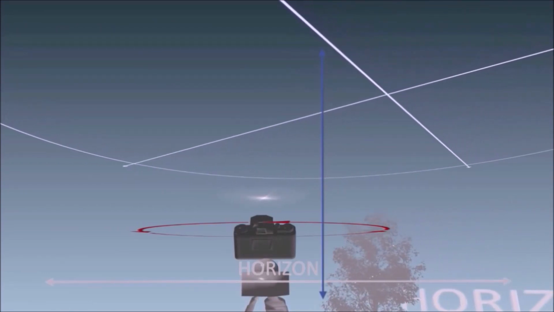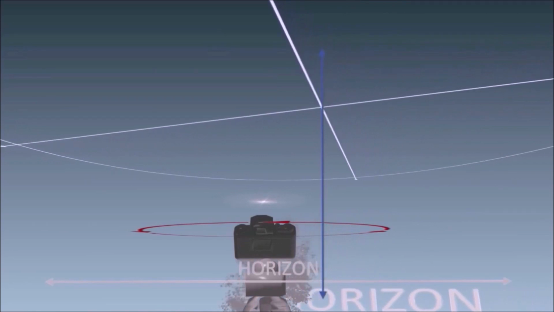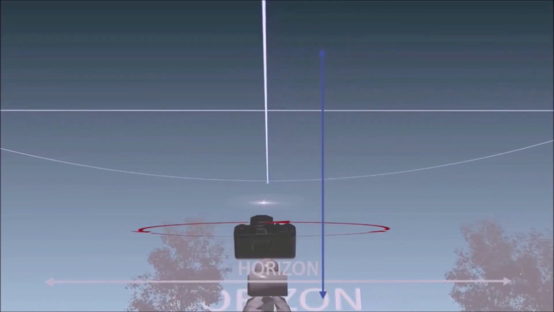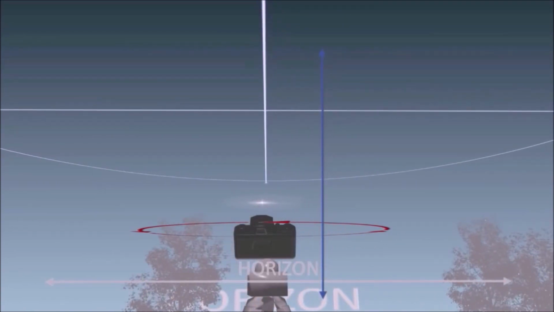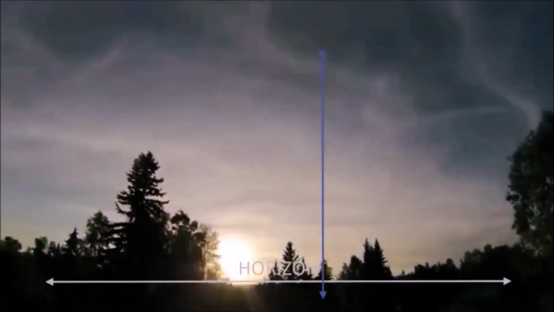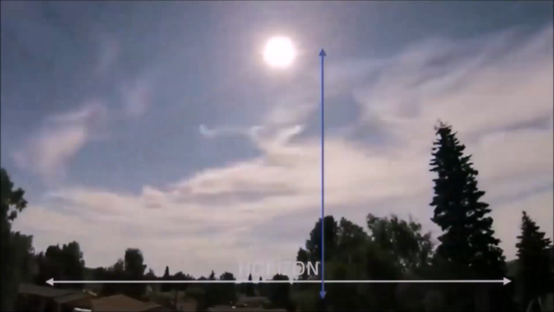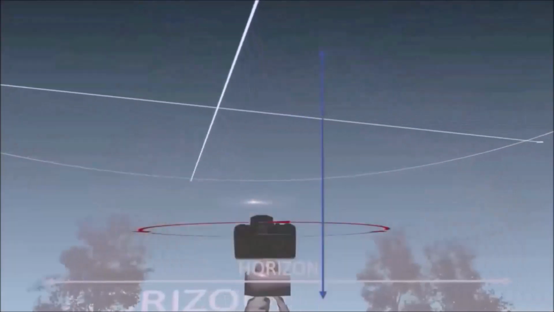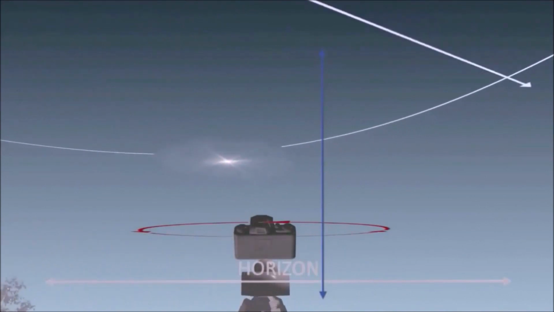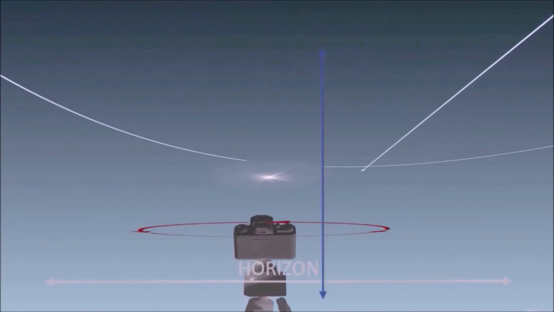The horizon is constant in front of the camera and the trees are always vertical. So if we speed it up, let's have a look, compare it. Horizon, vertical trees, the sun moves up above the trees, now back down again. So at this point he's facing the opposite direction, now he swings back and faces the same direction where the